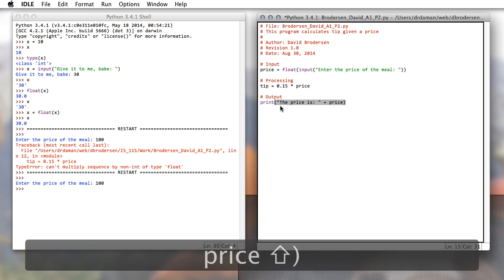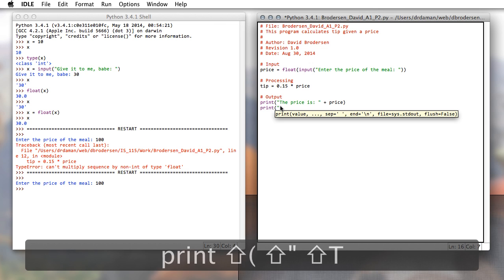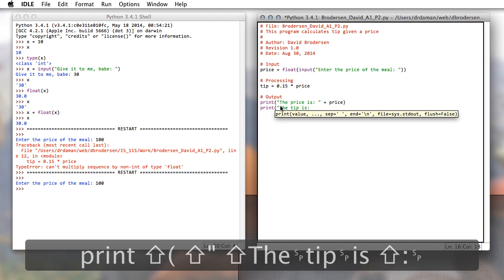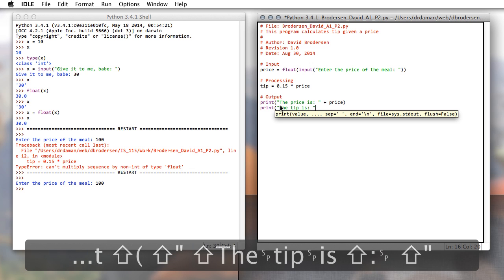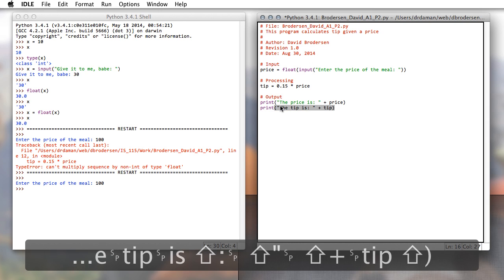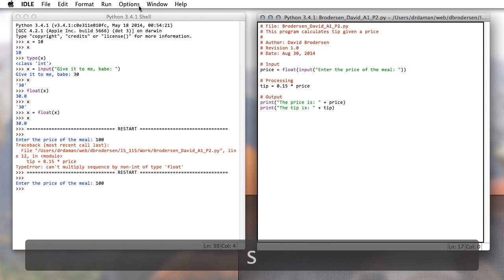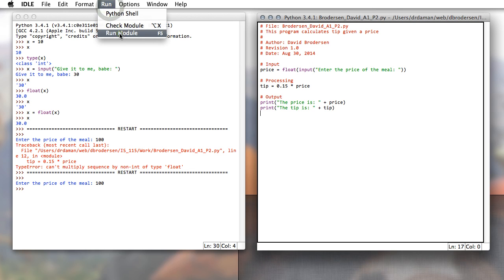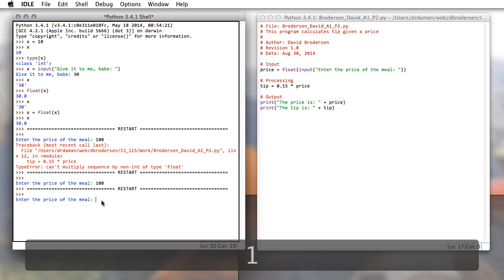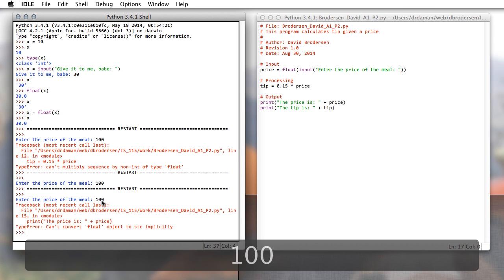Like so. And then I'm going to go print, open parenthesis, quote, the tip is, close quote, plus tip. Like so. And now let's run it and see what it does. Do a save, run the module, put in $100 because that's easy to work with in my head, hit enter, and it crashed